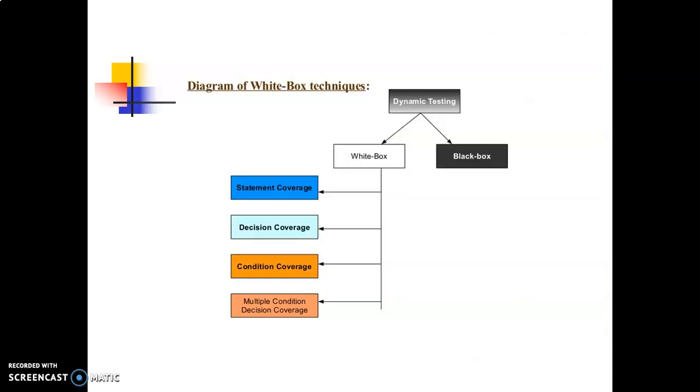In that particular diagram, showing white box testing, we can see that it is showing dynamic testing. Generally, white box testing is classified into two categories: static and dynamic. A static technique is a type of testing in which the program source code is tested without running it. We only need to examine and review the code. It means that we need not execute the code.